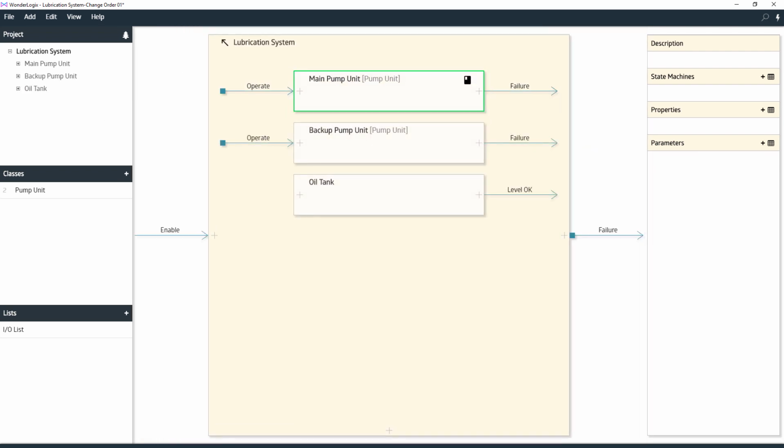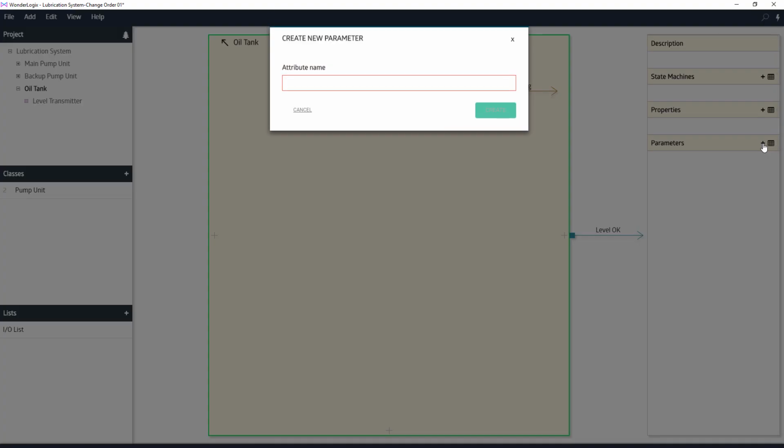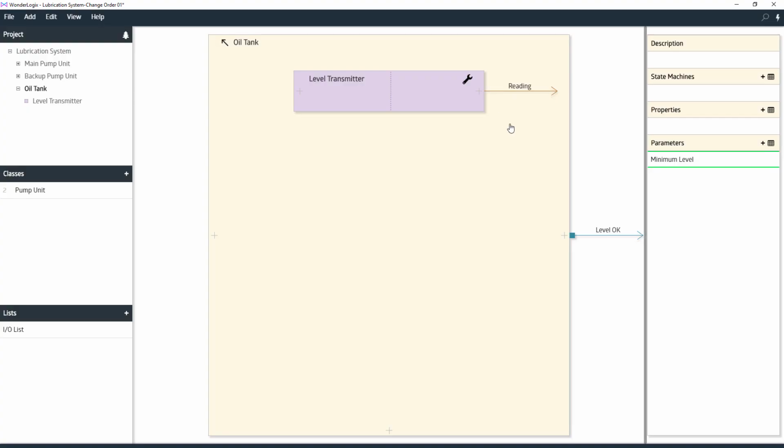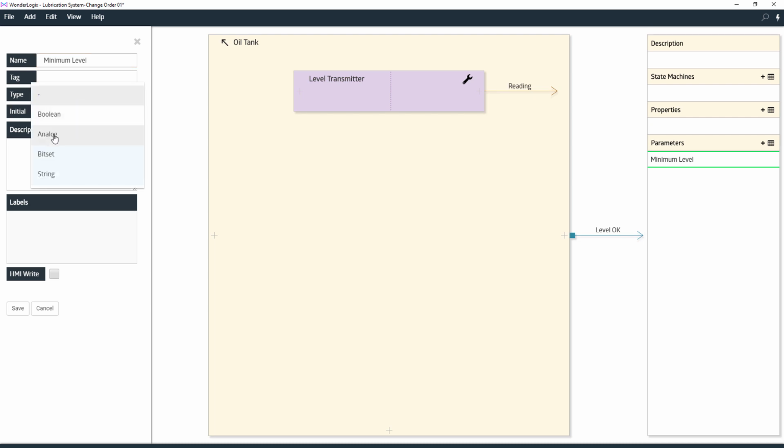All right, what else do we need to do? The oil tank level, we want to change that as well. So let's go to the oil tank and change our level OK. So we need to create a new parameter for that. And to do that, we're going to create another parameter. We're going to call that minimum level. So the minimum level that we want the tank to reach before it has an issue. Click create. I'm going to go ahead and assign that the 20, tell it that's an analog type